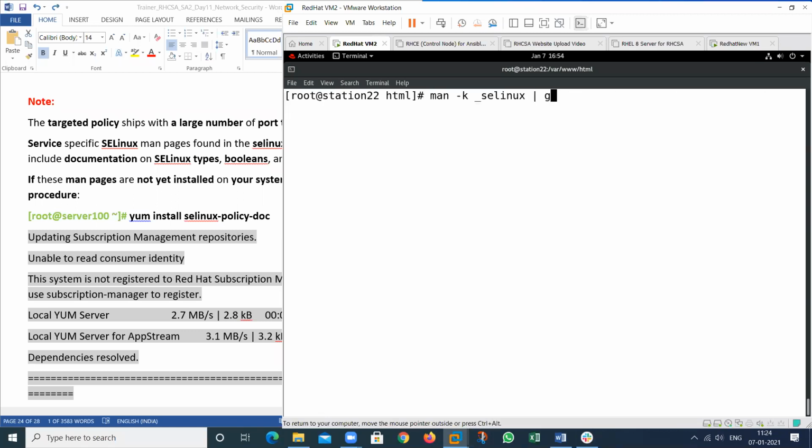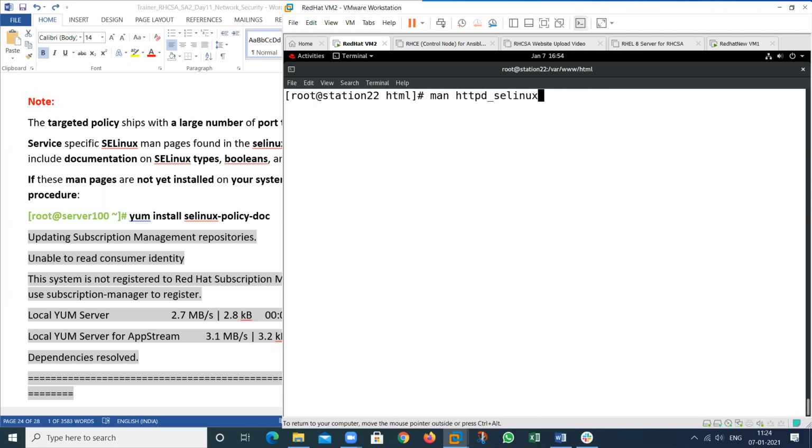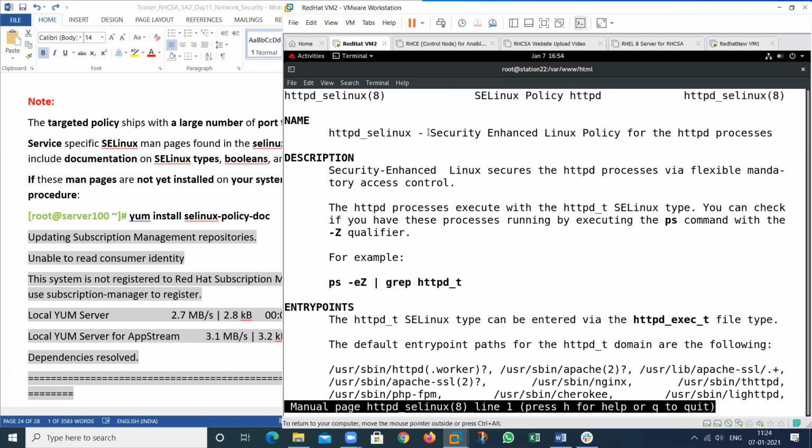See here, grep HTTP. I want to check this one. Then go to the man page and type httpd. This is the security enhanced Linux policy for the HTTPD process, that I have already told you.